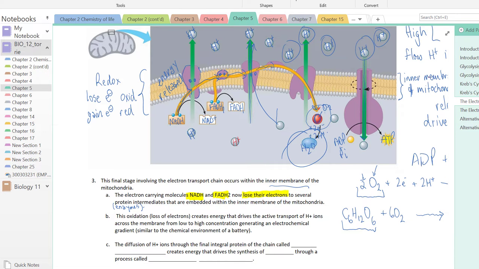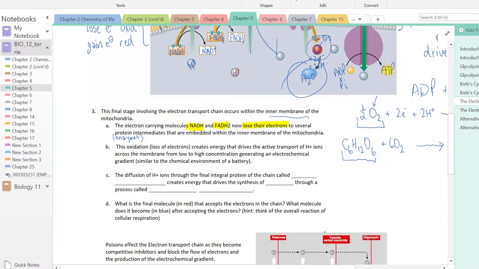So those electrons are passed to those proteins, those enzymes, embedded within the inner membrane of the mitochondria. So this oxidation, or loss of electrons, creates the energy that drives the transport of H plus ions across the membrane from low to high concentration. So here's that transport. It's active because it's requiring energy, but interestingly enough, in this case the energy doesn't come